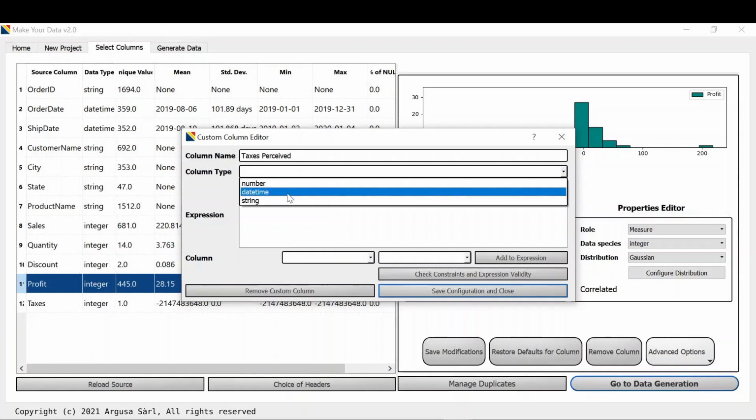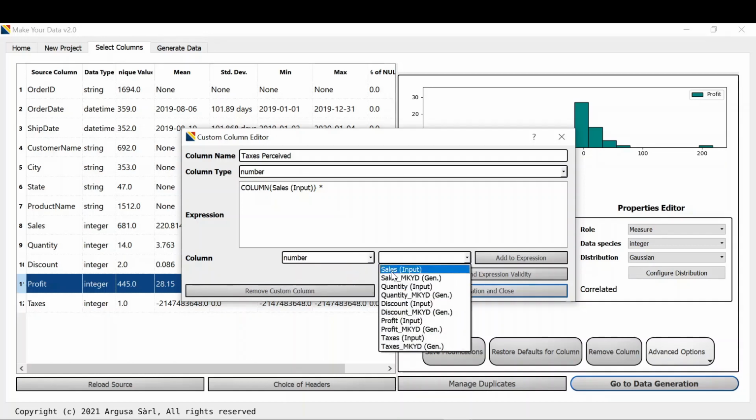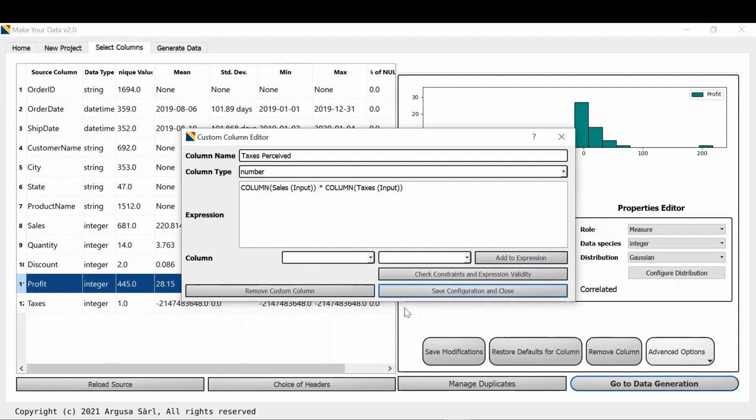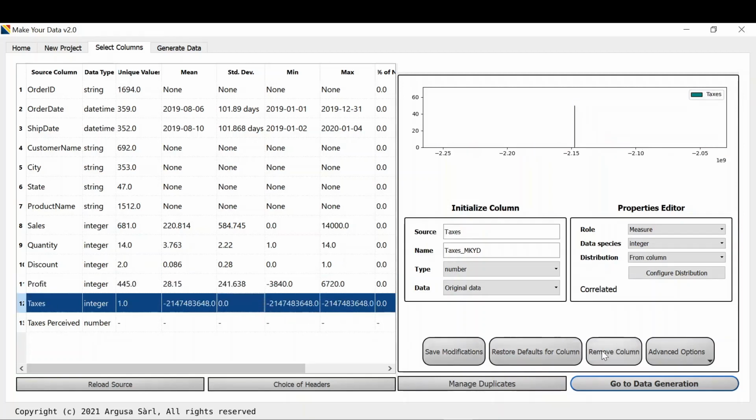It is a numeric type column, and it is computed as the sales in the input dataset times the taxes in the input dataset. We don't need the taxes column in the output table anymore, so we can remove it.